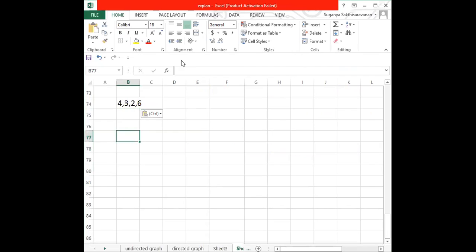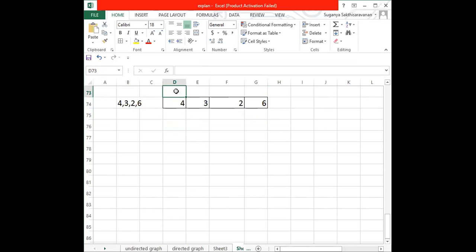We are supposed to rotate this array and find the possible combination which gives the maximum value. If you rotate the array, what are the possible combinations? Let me write it in array format: 4, 3, 2, 6. This is the given array.